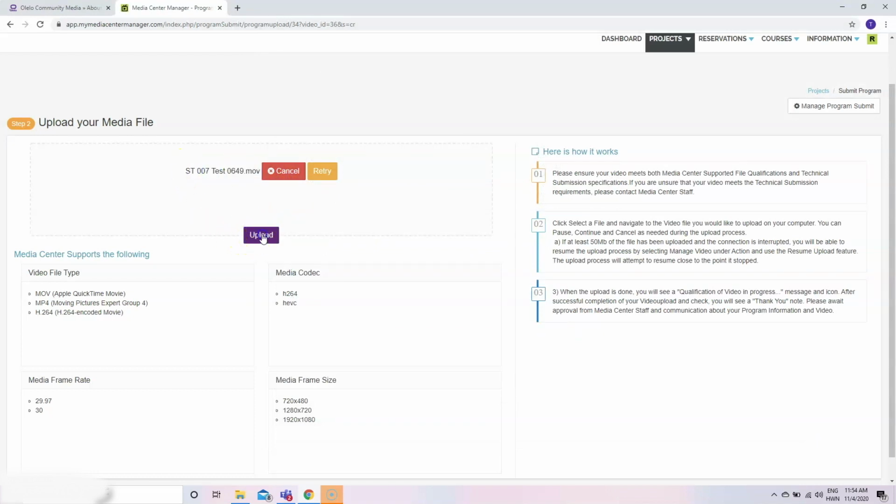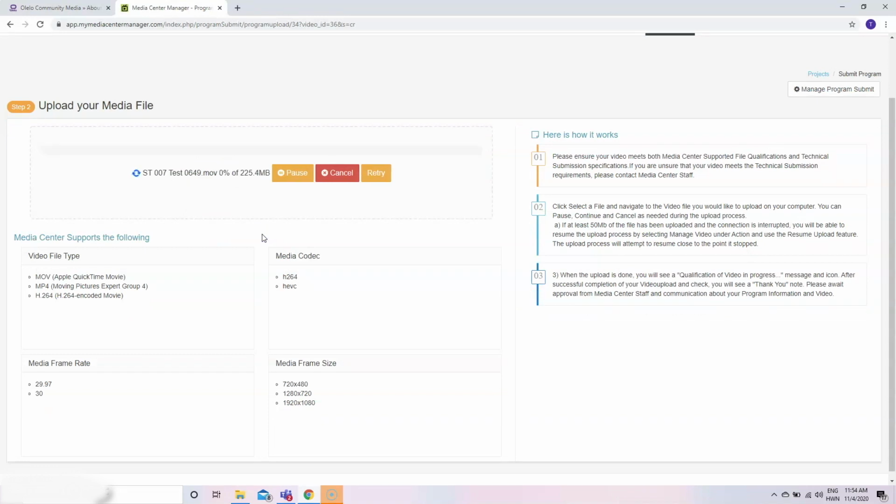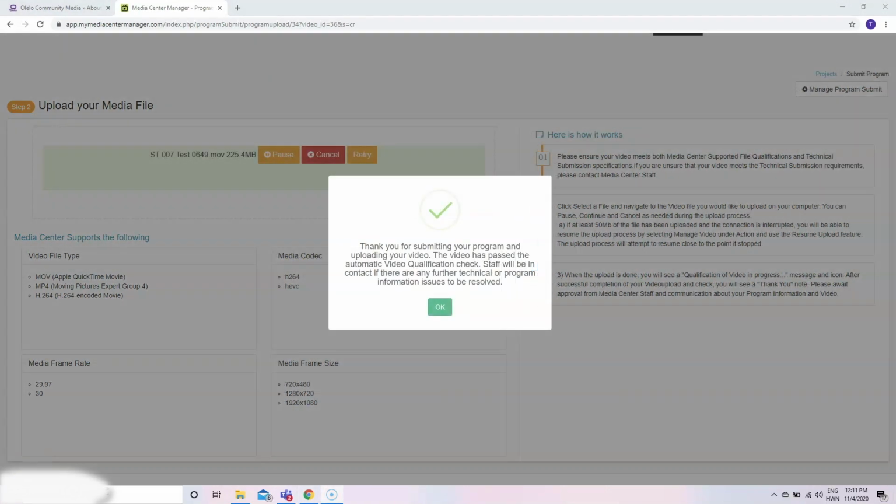Go ahead and click the Upload button, and that will start a quick loading bar, and it will give you an estimate of the percentage of which it is uploaded. So I'm going to go ahead and stop this video right here and wait until it's finished so that we can continue on. Okay, so the video has uploaded and gone through the qualification specifications check just to make sure that it's okay for air,